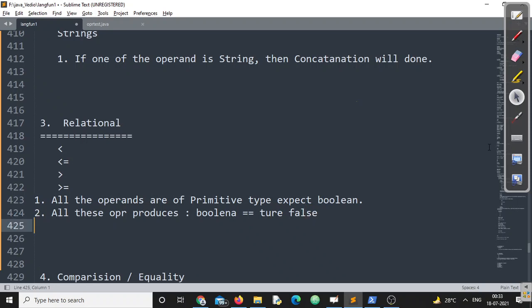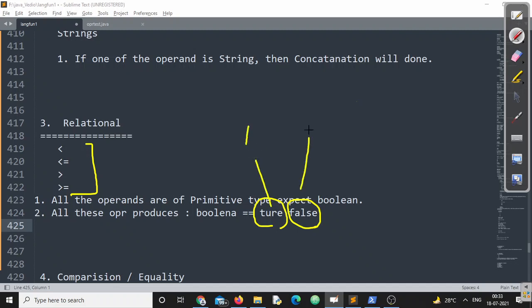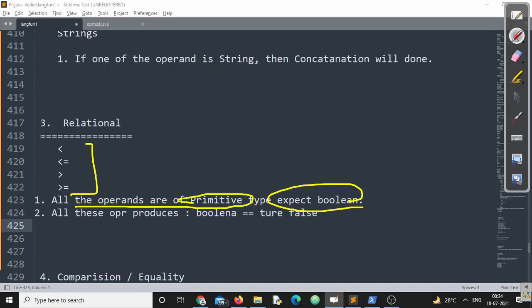They cannot produce 1, they cannot produce 0. No, this is invalid. The only valid values, literals, are these, right? Remember this point very carefully. The one primitive type on which it cannot operate is boolean, even though all the operands we are using are primitive types except boolean, but the output is always boolean, right? Remember this point very carefully.